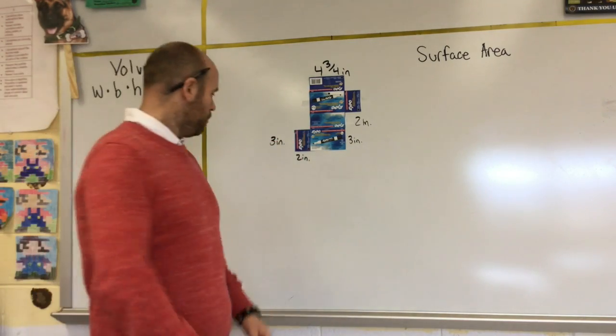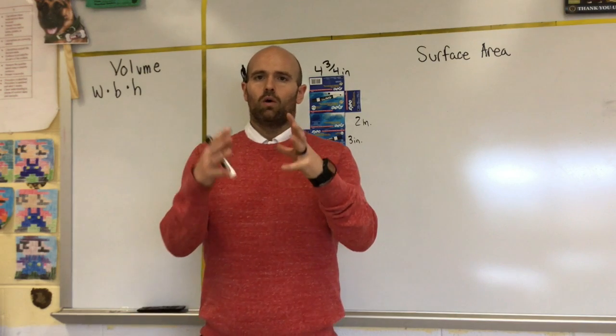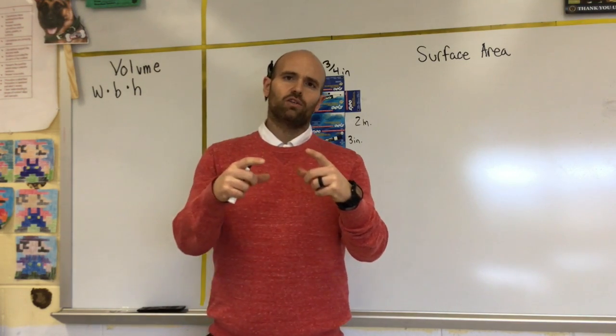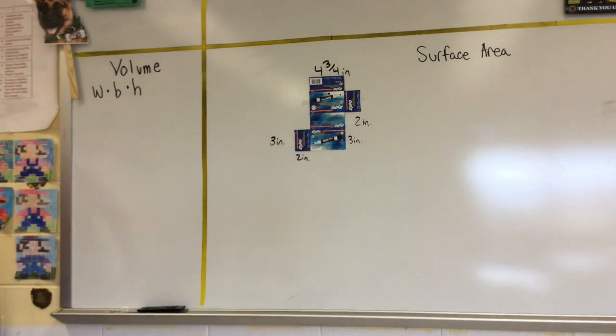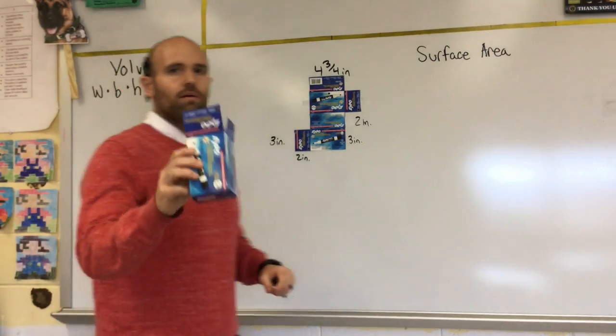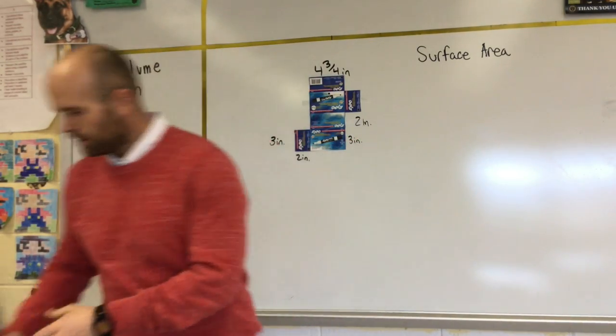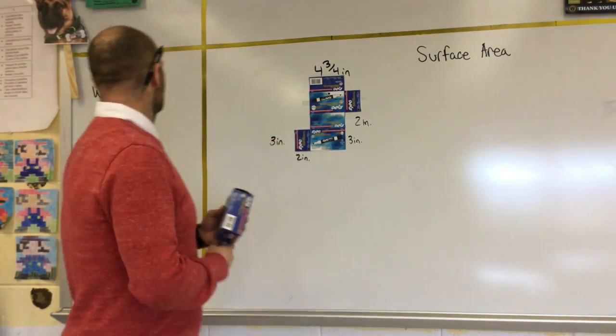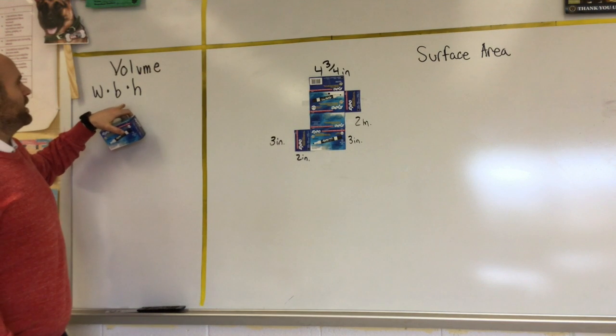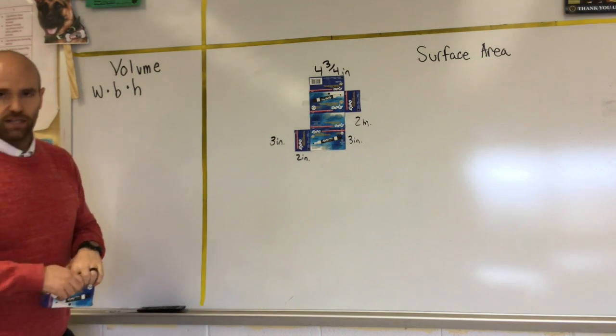So, when we are talking about volume, we're thinking, all right, we have a three-dimensional object. Volume is how much can we fit inside of that. So we know that Mr. Costal loves Expo markers, all right? And when we take a look at this Expo marker box, we can measure the different sides and find out how many inches, squared inches, would fit inside of that, all right? So the formula for volume is just my width times my base times my height, all right? So what I would do is